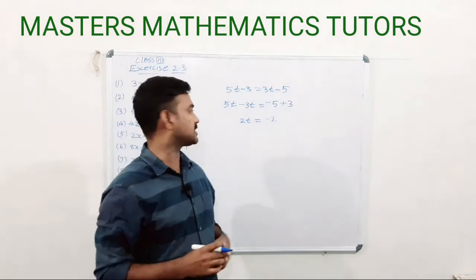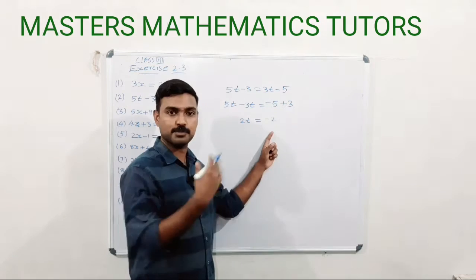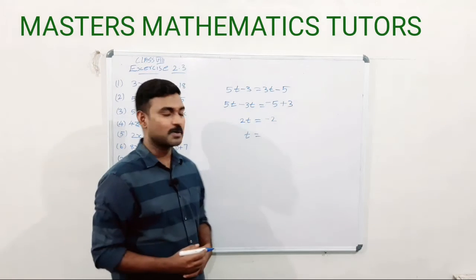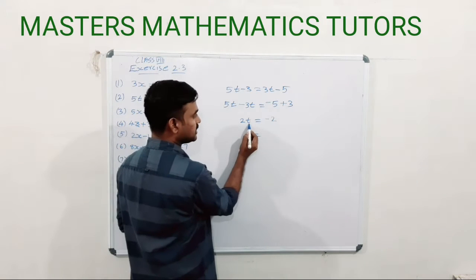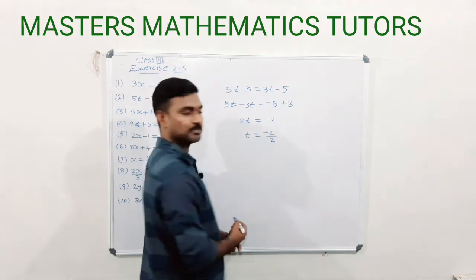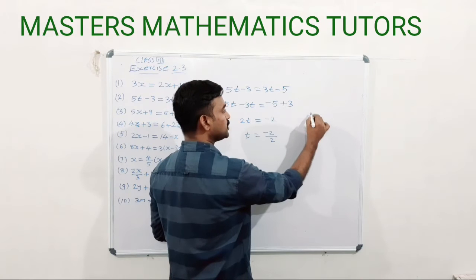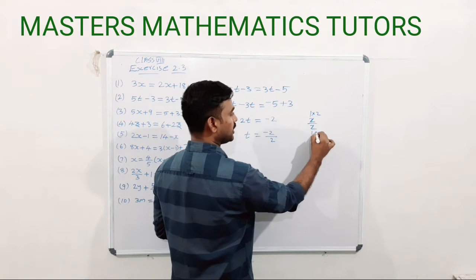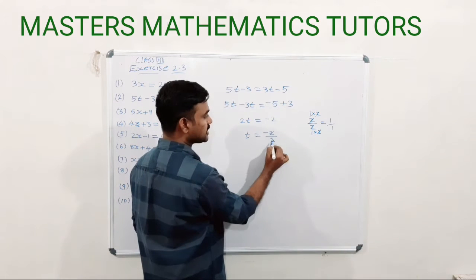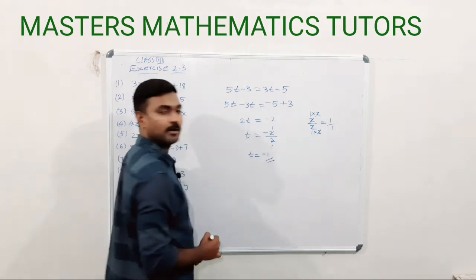Now we have to understand here 2t means 2 into t. This 2 also we need to transpose to the right side. Then only we will get t is equal to the solution. This 2 is multiplying with the t, so it will be divided on the other side. Divided means we can write divided by 2. We know the cancellation, 2 by 2: 1 into 2 here also 1 into 2. So 2 cancels, we get 1 by 1. But one negative symbol is there, so we should write negative 1. So we get the answer t is equal to minus 1.